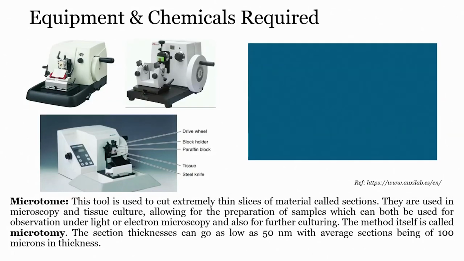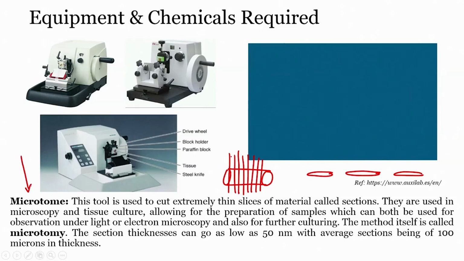Let us go to the next one, and next one is the microtome. What is microtome? Microtome is a tool used to cut extremely thin slices of material called sections. Okay. So, let us say that we have the tissue obtained from biopsy, and we want to test this by immunohistochemistry. We need a thin slice of tissue which we will stain, and we will understand whether a particular biomarker is present or not, right. So, we have to slice this tissue. To slice this tissue, there is an equipment called microtome,